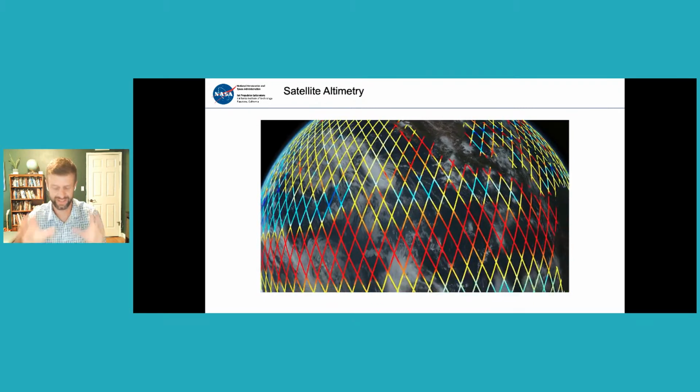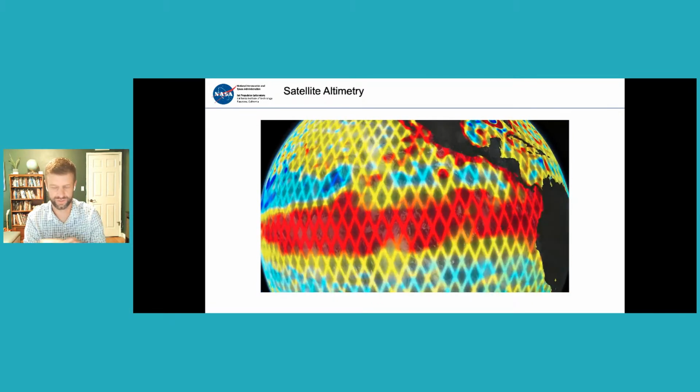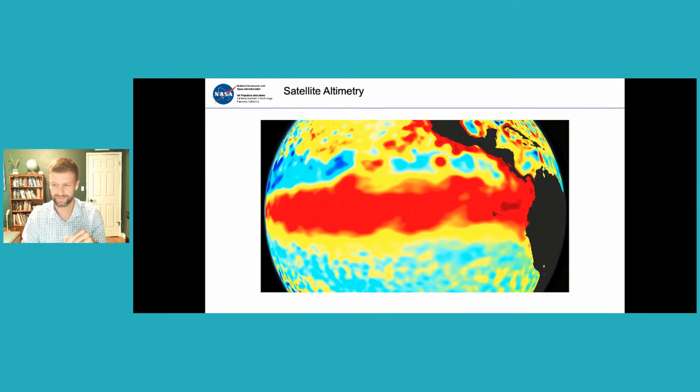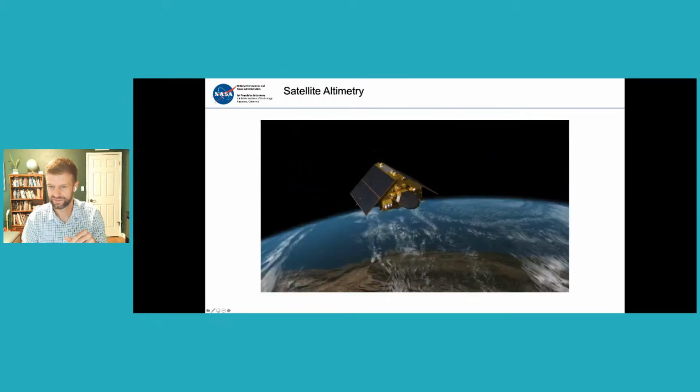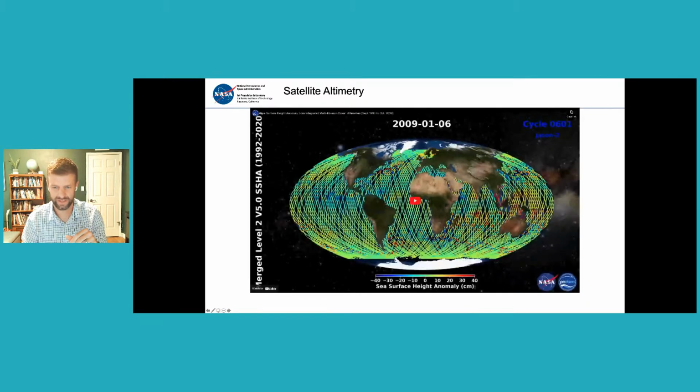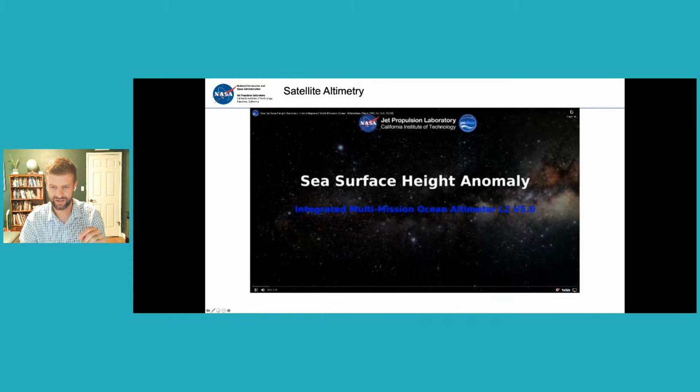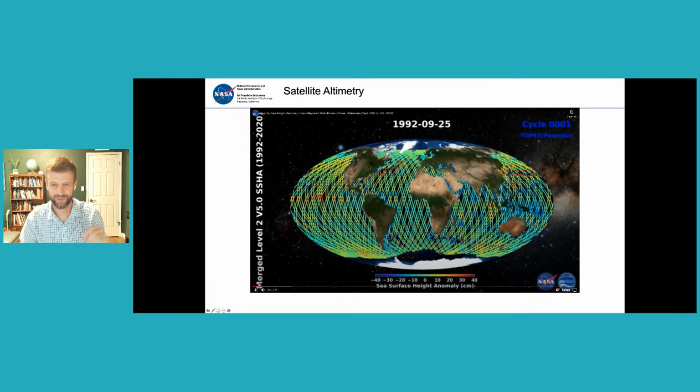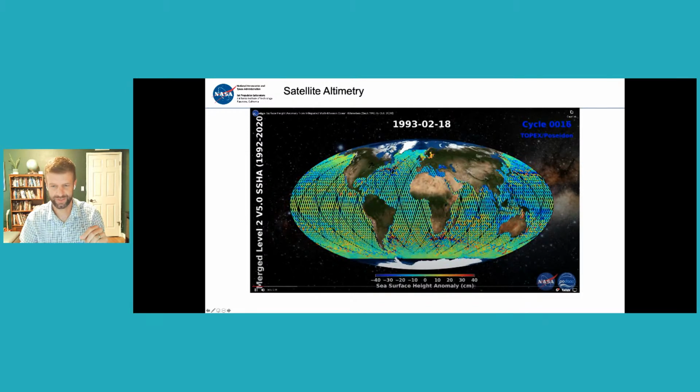So you have this grid that gets overlaid on the surface of the ocean that the satellite repeats every 10 days. Just to show this in a slightly different way. Okay, so here I'm showing the data that we're collecting starting in 1992 and coming up to the present. So you can see that ground track, but the important feature here that I want to point to, I'm not going to show the entirety of this video, is how much is going on in the ocean as these measurements are being made, right?